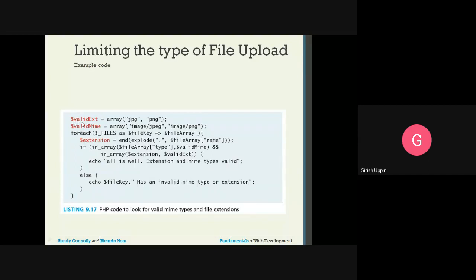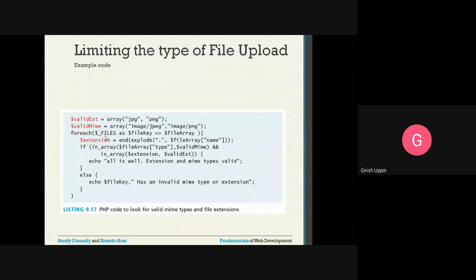I will create a valid PHP variable array having JPG and PNG values, and I'm going to create an array of valid MIME types: image/jpeg and image/png. Those are the respective MIME types for JPG and PNG.